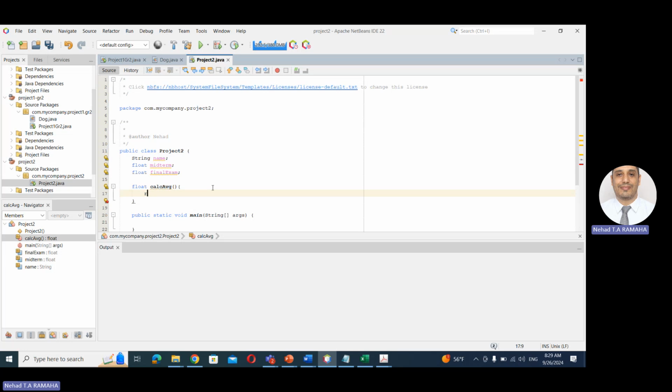You can say it directly: return what? I need midterm multiplied by, let's use the old version of the OBS system, which was calculating the marks like this: multiply by 0.4, plus the final exam multiplied by 0.6. So return midterm